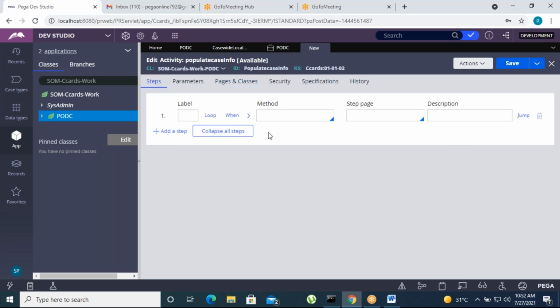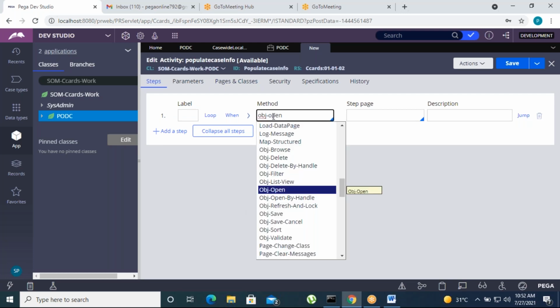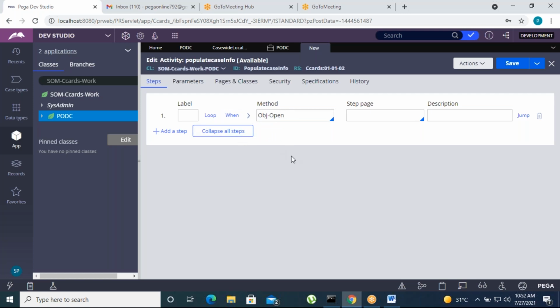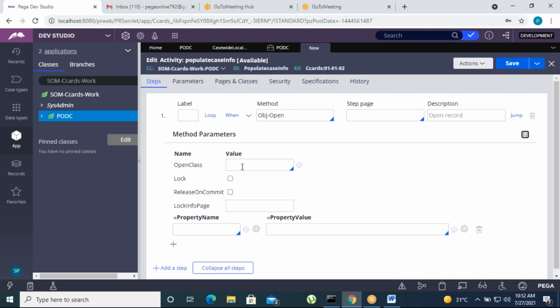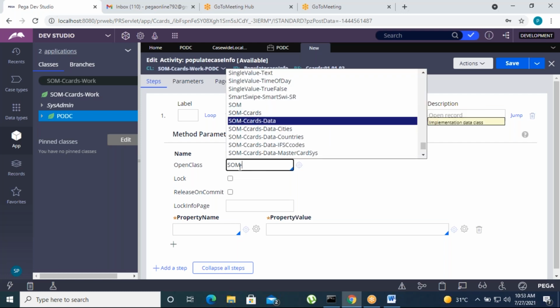Let's come back to steps and then use the Obj-Open method. When you expand Obj-Open, what are the parameters we need to pass? These are the parameters. All the case IDs will be stored under this class, right? So give your work class.